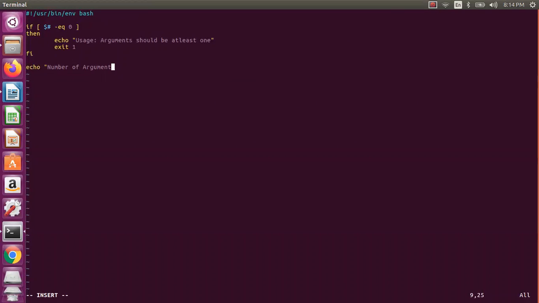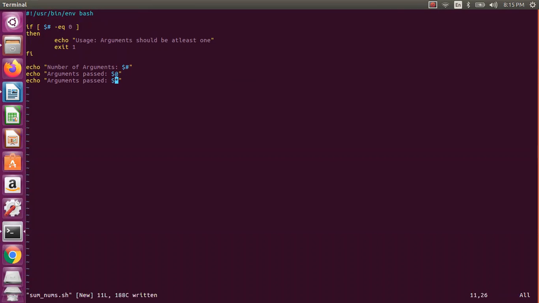This is the same as array notation. There is no difference. You can refer to the arrays unit for complete information on that. Then the number of arguments and the arguments passed: I say $@, or both are the same, I can use $* as well.